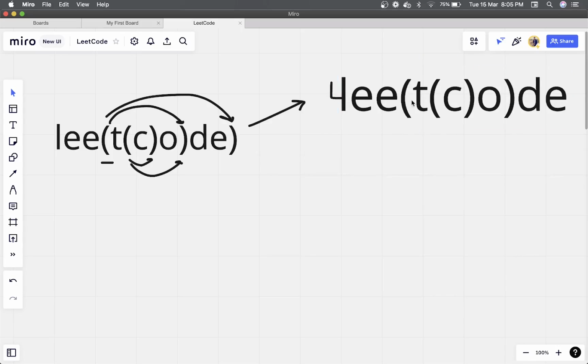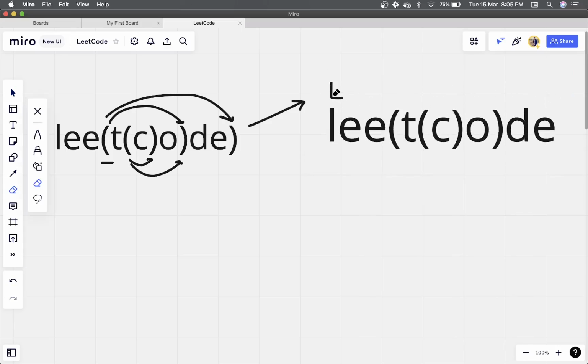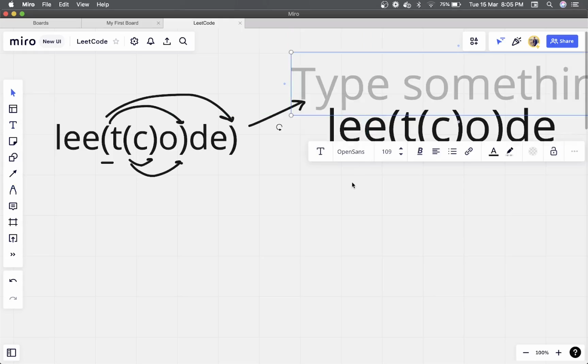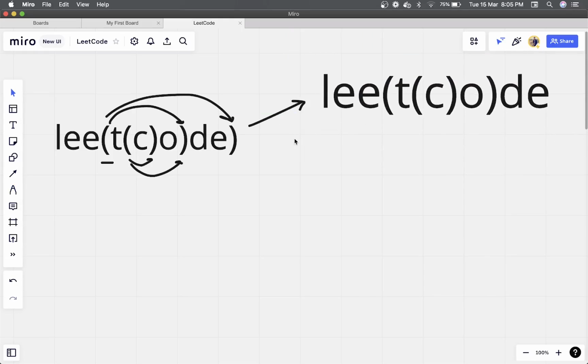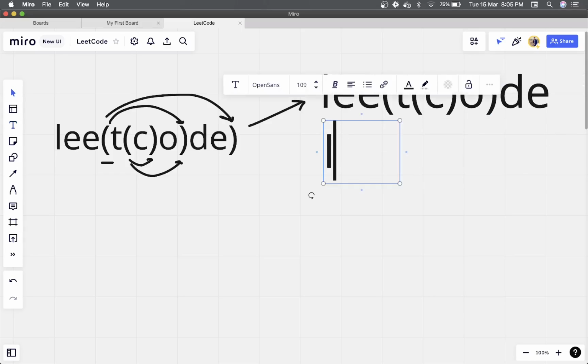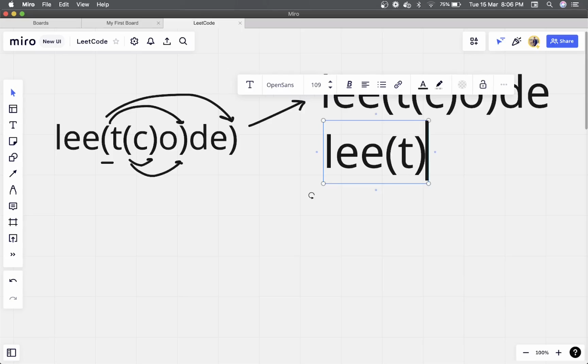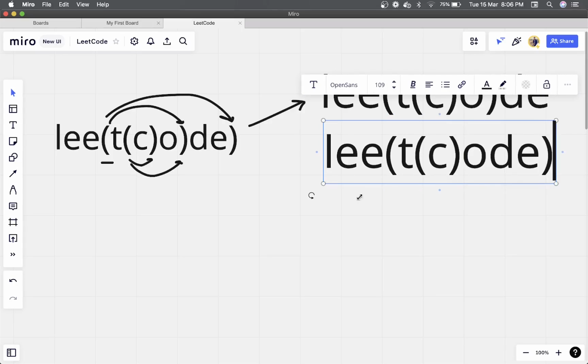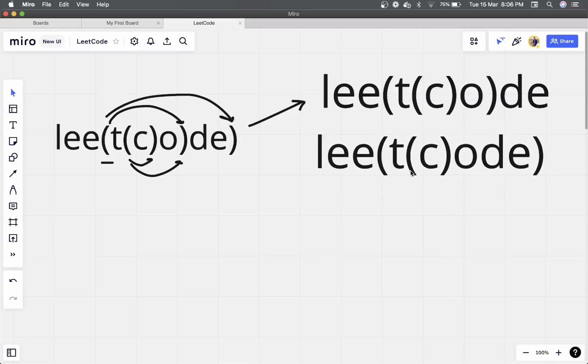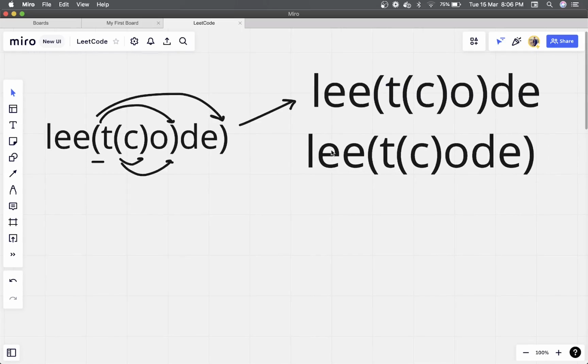This is one valid parenthesis string. The second one will be lee(t(co)de, something like this. We can write something like this. And how is it a valid parenthesis string?